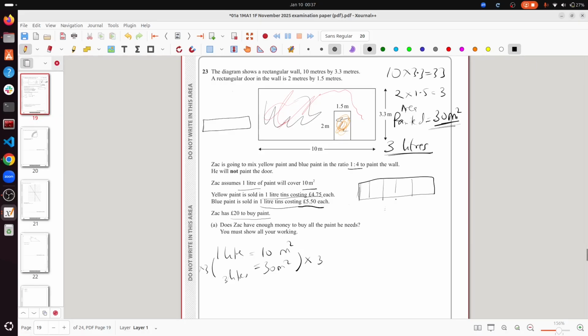1, 2, 3, 4, 5. So that will be yellow, and that will be blue, blue, blue, and blue. And that tells me we have 3 liters. So that means a fifth of the 3 liters